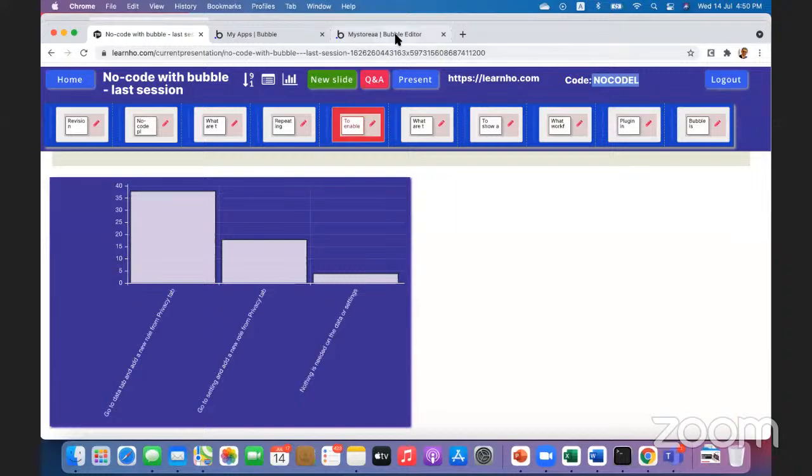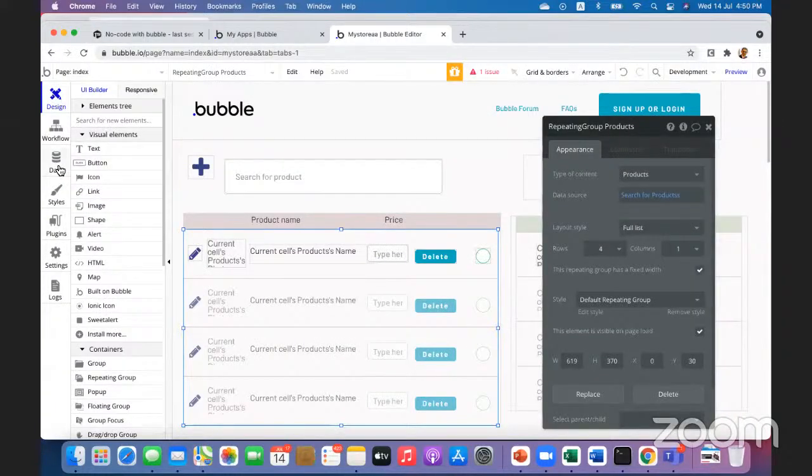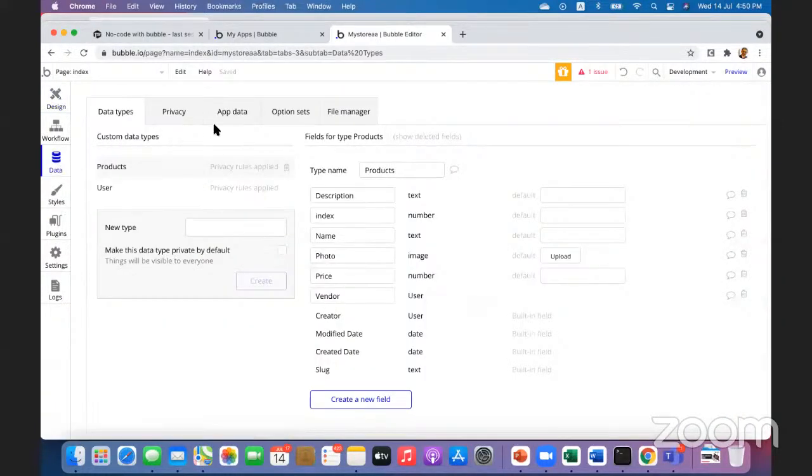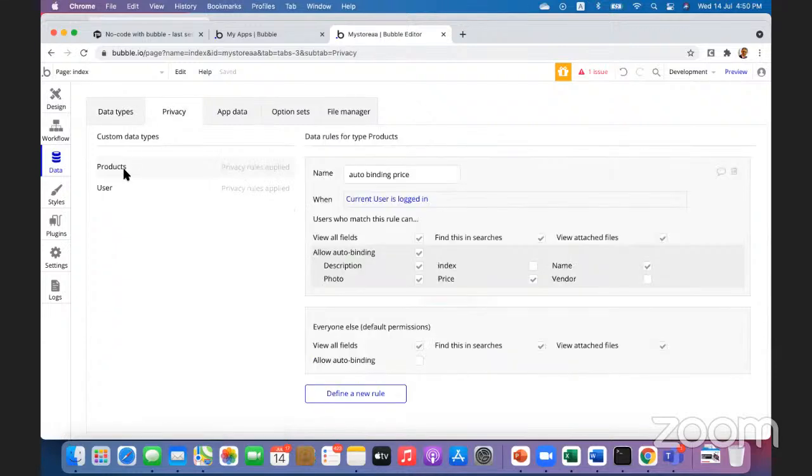And we did this one last time, if you remember, when we went into our data, we clicked on privacy. We selected, because we wanted the product to be auto-binded, we selected this one. We created a new rule there, and we specified which one we can change. We said we'll change the price, we'll change the photo, we'll change the description, and we left the vendor away,